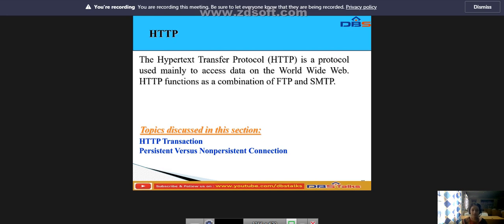What is meant by HTTP? HTTP, the full form is hypertext transfer protocol. It is a protocol used mainly to access data on the World Wide Web. HTTP functions as a combination of FTP and SMTP. Here HTTP is used to define how client server programs can retrieve web pages